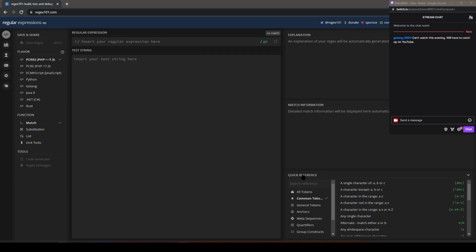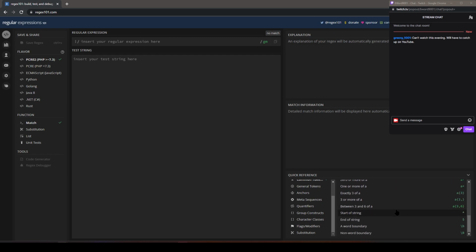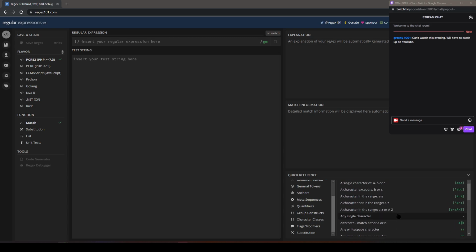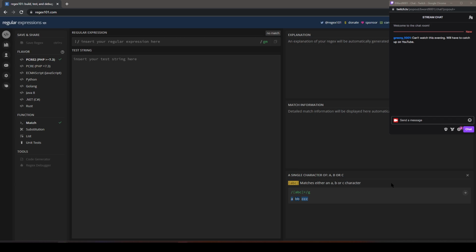So down here in this sort of quick reference area, you've got these different categories, and depending on which category you select, you've got a list of different, I think these are technically called tokens, but I don't know for sure. But yeah, so right, common tokens, general tokens, etc. So these are the different ways that you can specify what about your string you're trying to match. So if you click on one of these things,